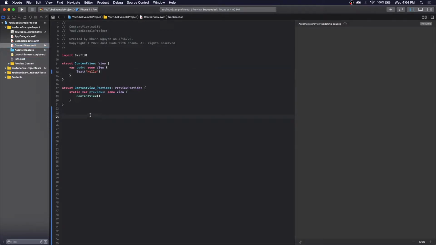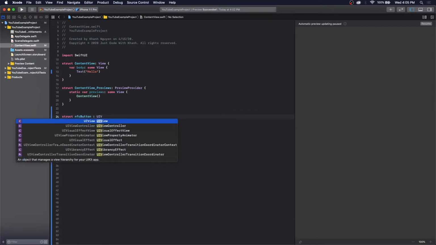So in this tutorial we will make an NFC button specifically that conforms to UIViewRepresentable. What UIViewRepresentable is, is that it allows us to use certain components in UIKit, such as UIButton, UINavigationController, etc. to work in SwiftUI. So we start with creating a struct that, as we say, we're going to conform to UIViewRepresentable,